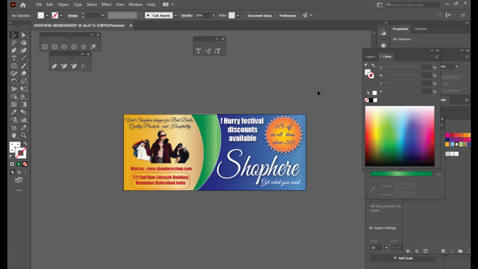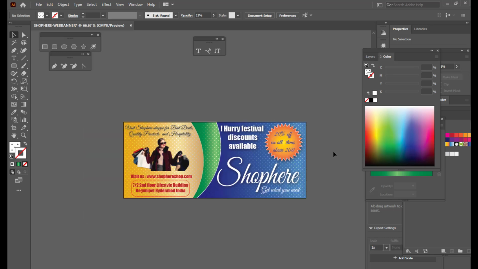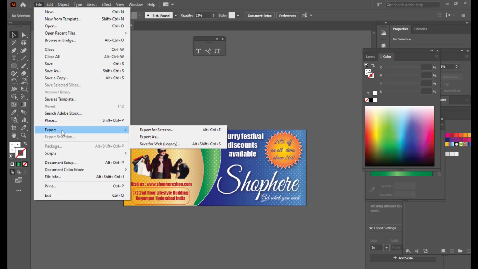So now we have finished our web banner. This banner is 720 into 300 pixels in dimension. The last thing we'll do is export this. To export it, we'll go to File and select Export. We'll export it as a PNG file.